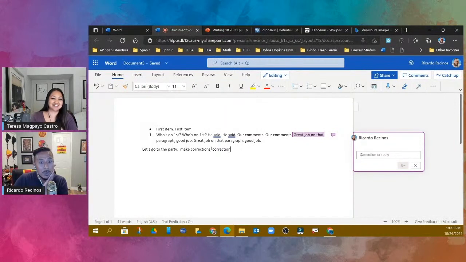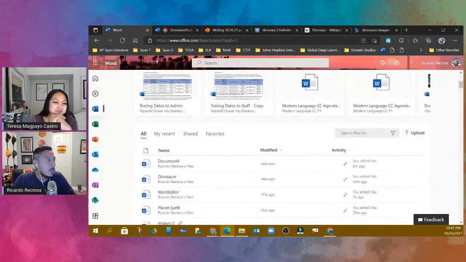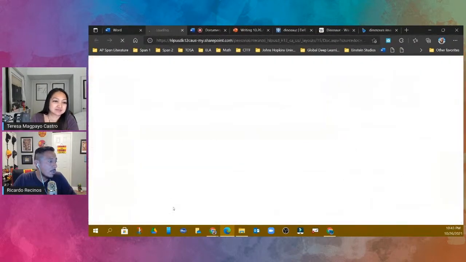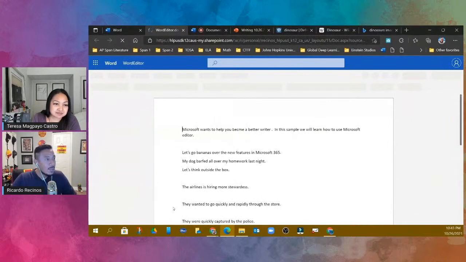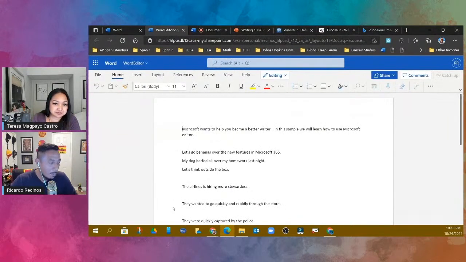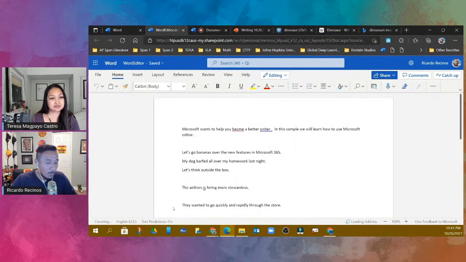So another tool to have inside of Windows that I wanted you to see. Another great tool. I'm going to go back and open a Word document that I already created because I did want to show you this incredible tool, which is Microsoft Editor. So if you think about that spell checker that Teresa showed you on Google, well, that's gone over here. That's so 1960s. They have a brand new natural language processor that actually checks a lot for you. And I want to show you that, okay?